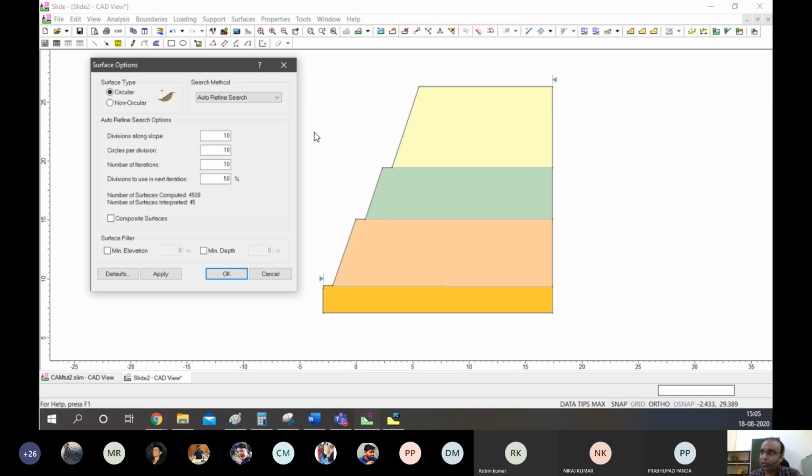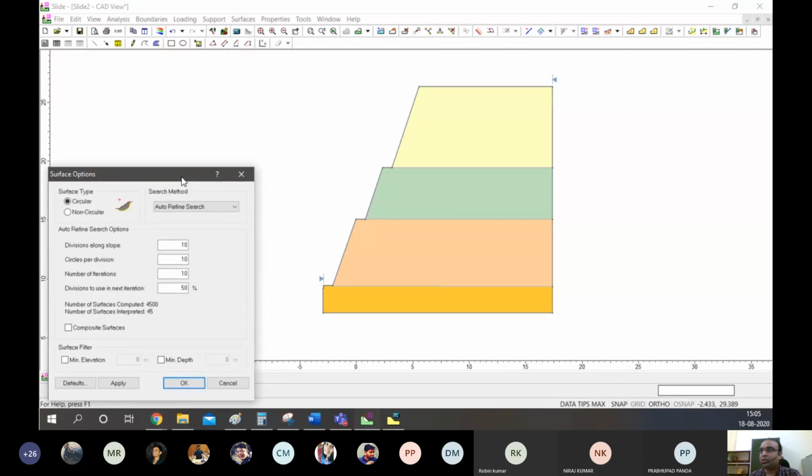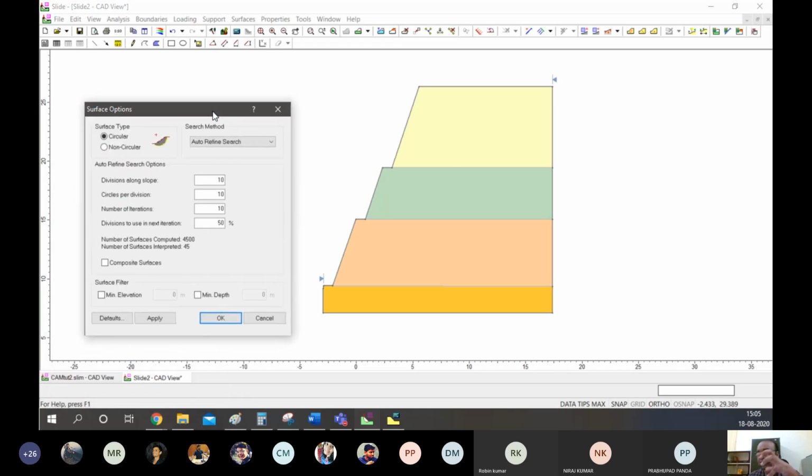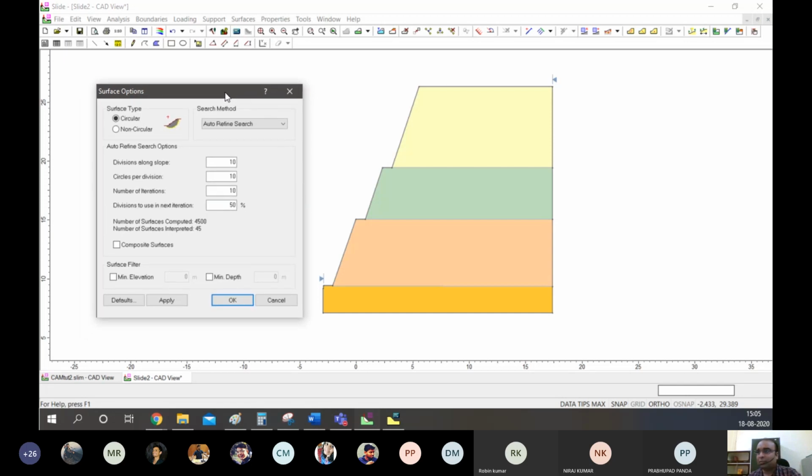Based on the movement it does, to the right or to the left, it sees the difference between the factors of safety, and based on that it defines the next set of centers. If it sees that by going away the factor of safety decreases, it goes further away a little bit, and further away a little bit, and so on. I am giving you a very gross understanding of how this algorithm works, but auto refine search is based on similar principles: whatever factor of safety it gets, based on that it moves ahead.